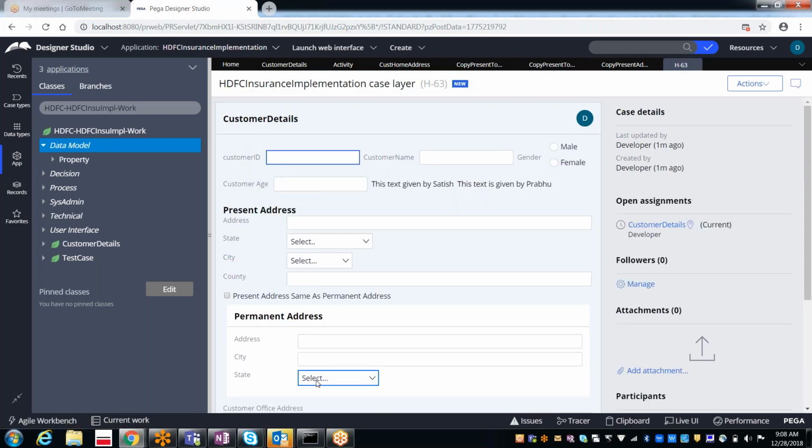Okay, see this time it is having select. Otherwise, by default, it was loading with Telangana, the first one. Now it is with select.